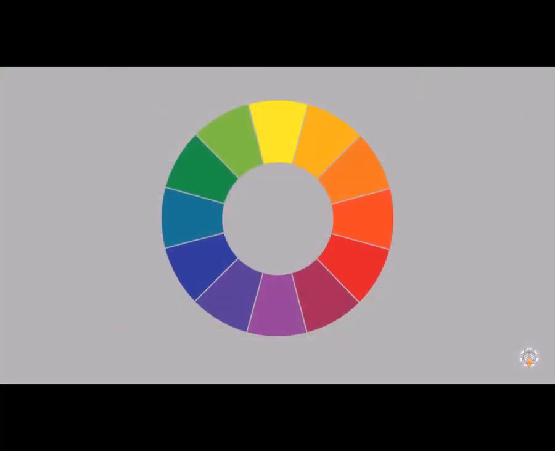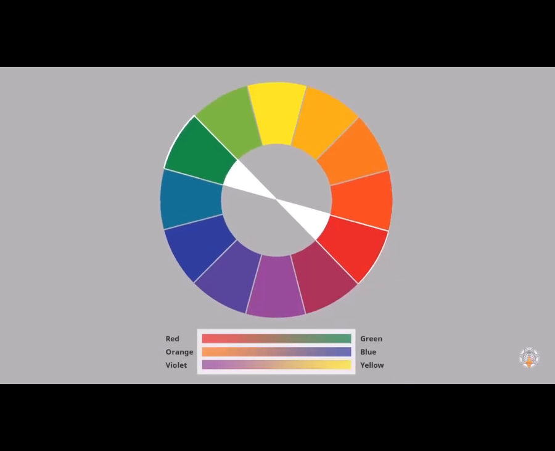Complementary colors can be defined as colors which are directly opposite to each other on the color wheel. For example, red is a complementary color of green. Complementary colors neutralize each other when they are mixed together in equal amounts, making a neutral gray. When a small quantity of a color is mixed with its complement, the resulting color is more pleasing to the eye and less intense.